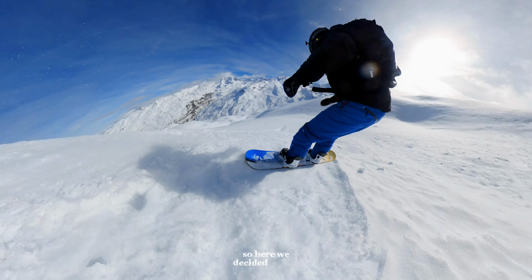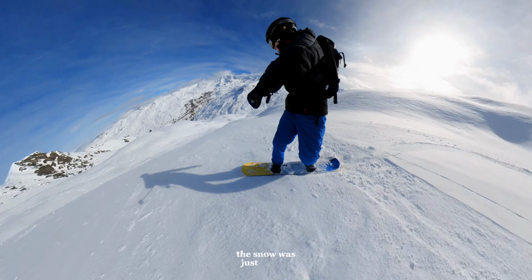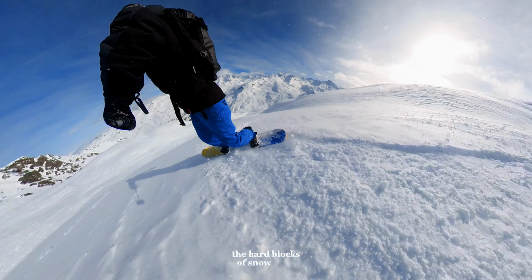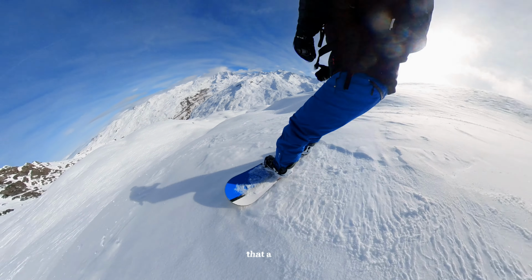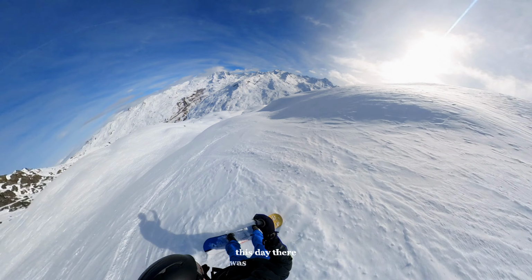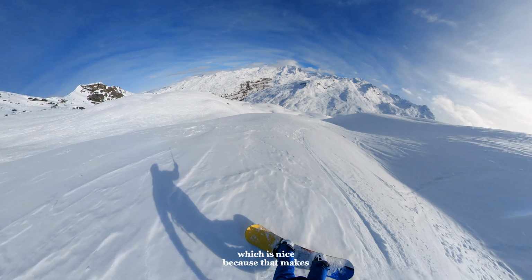So here we decided to stay a bit in the middle, and also here you can see the snow was just so nice. It was so powdery, and the hard blocks of snow were way less than before. So this whole run is pretty nice. You can also see on the left that a lot of people already went here in the past. For some reason this day there was pretty much no one here, which is nice because that makes it more